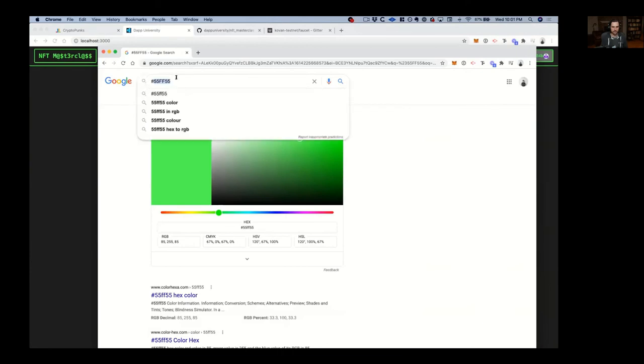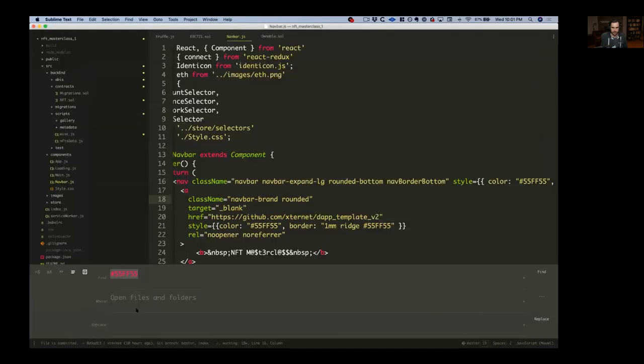Yeah, and then let's look at hex code blue. Let's change it to this color. Okay, and then we'll copy this, and then we'll do replace, and we'll click replace, and we'll just say like